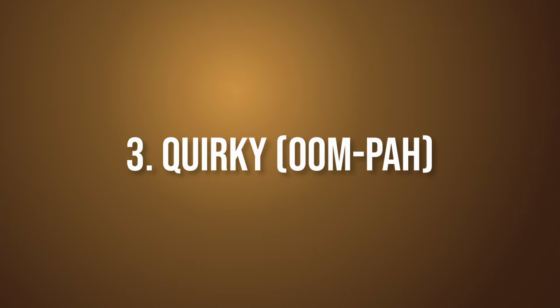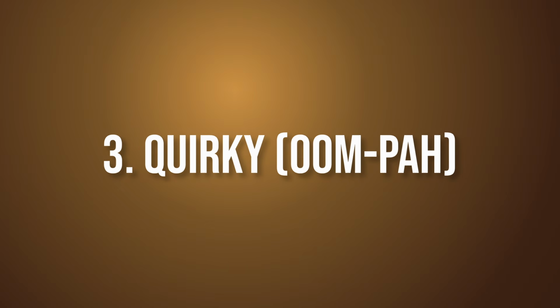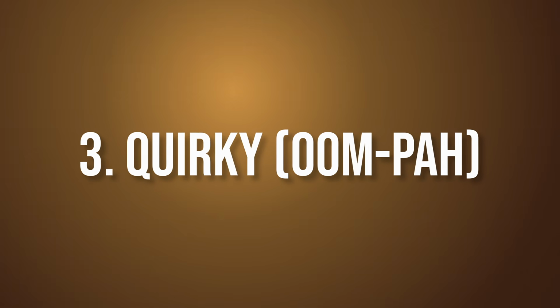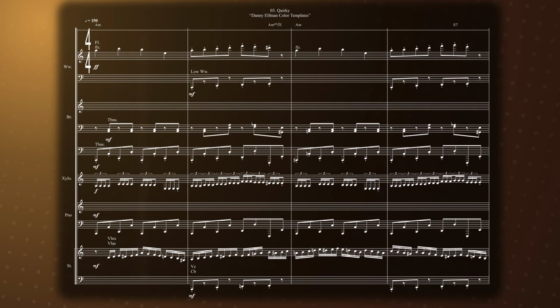Number 3 is the Elfman Quirkiness. This is your Oom-pah. This is taken from Mirthroot Hollow. This is quickly how to do that Oom-pah by using the tubas and trombones to create your Oom-pah, maybe doubled with the piano or anything else you want, using xylophone and flute to create your secondary theme, and using horns to bring it home.